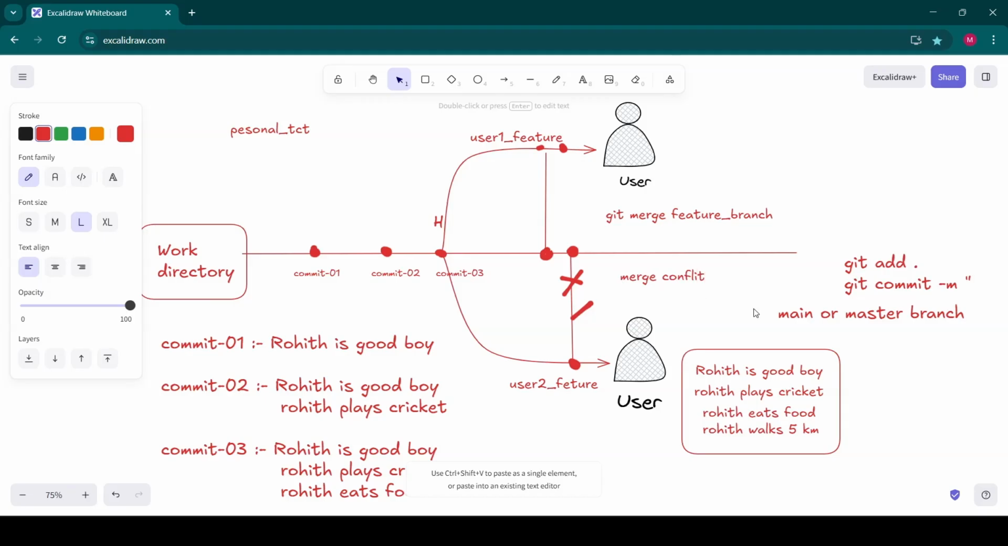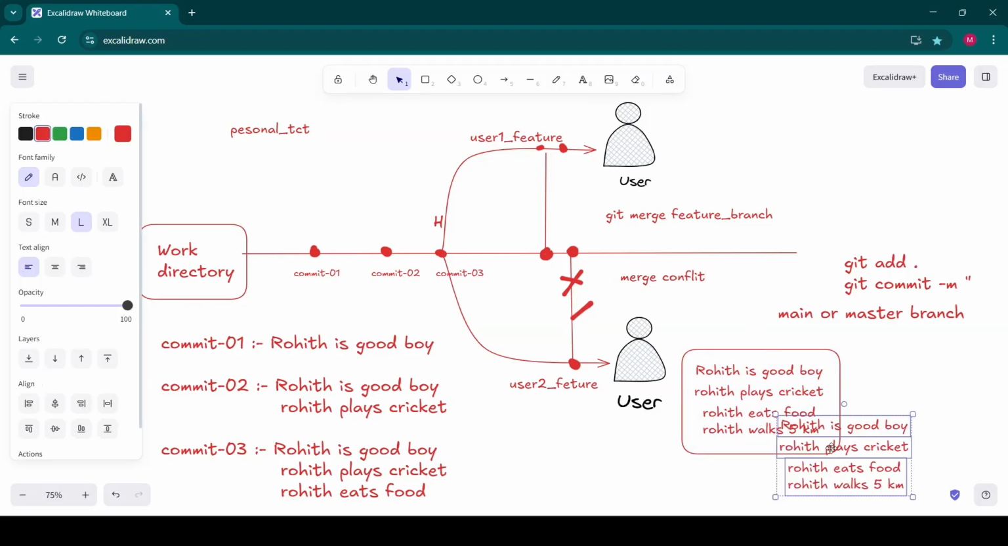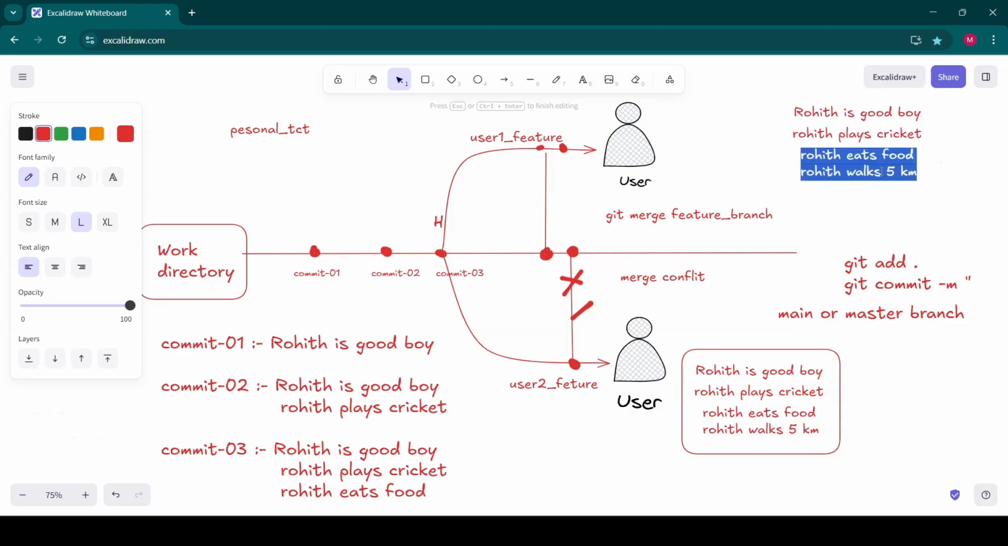What is this merge conflict? Merge conflict means Git will say, boss, whatever your previous file that this guy has taken, he has done changes like Rohit has done these things from the feature branch. And you are saying Rohit walks 5 kilometers. At the top, he has taken something, but now you are doing like this. I have removed this one. So this guy consists of this one. Here, this guy has developed